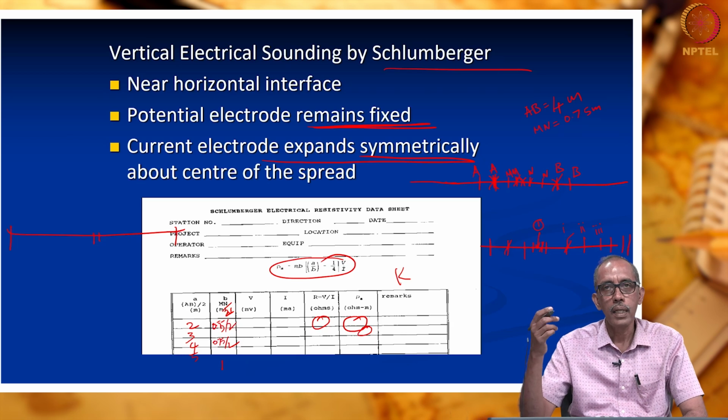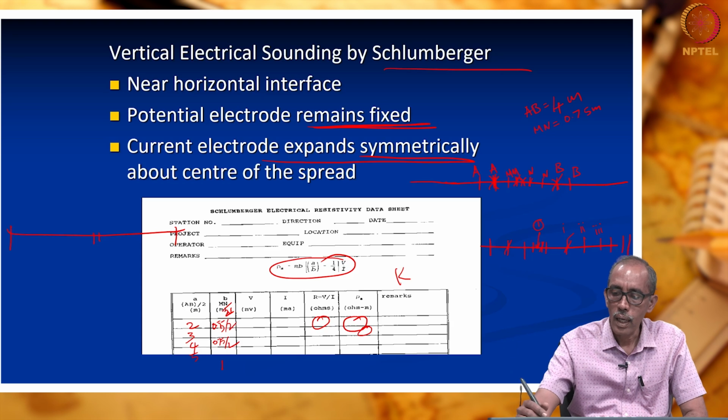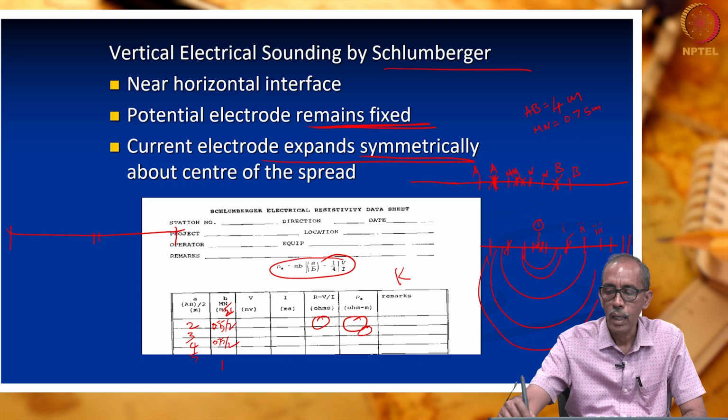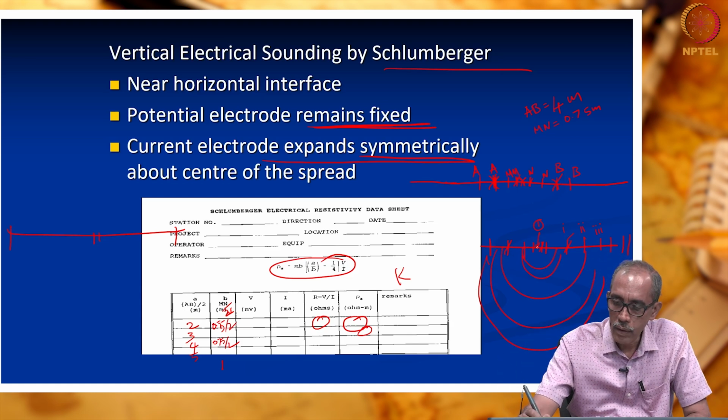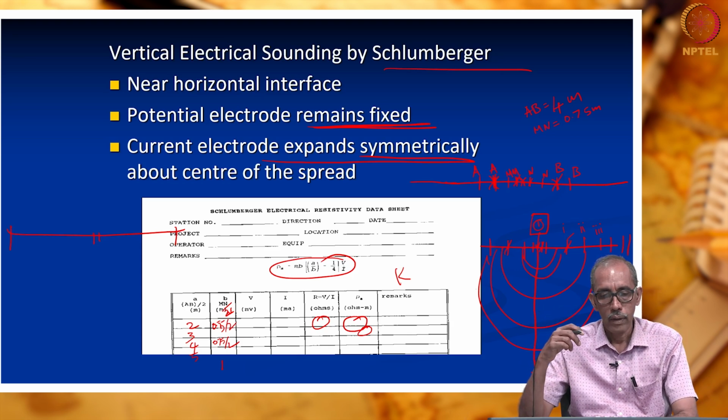So, this is what is known as depth sounding. That means what we are doing here, indirectly, is increasing the depth of penetration for each electrode configuration. That is our aim, isn't it? Our aim is to understand the vertical variation beneath our station. Beneath our station, I want to know vertically how the subsurface changes. So, we have seen both the cases, right? In the previous slide, we saw how we obtain the data by the Wenner method. Here, we have seen how we obtain data by the Schlumberger method.